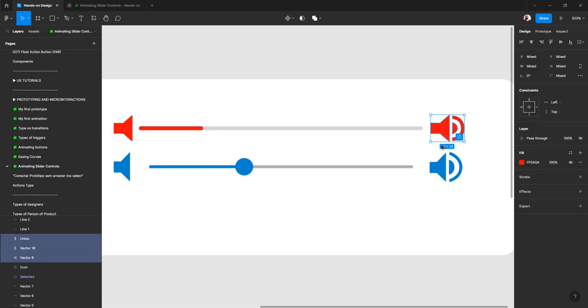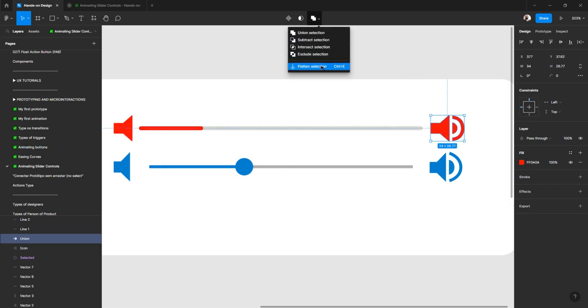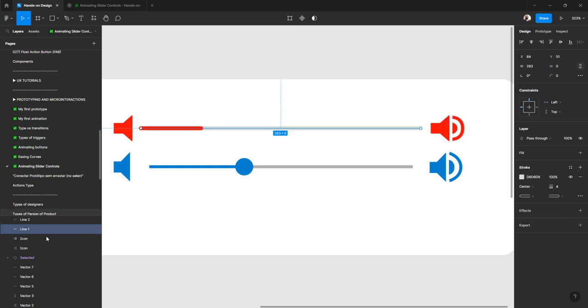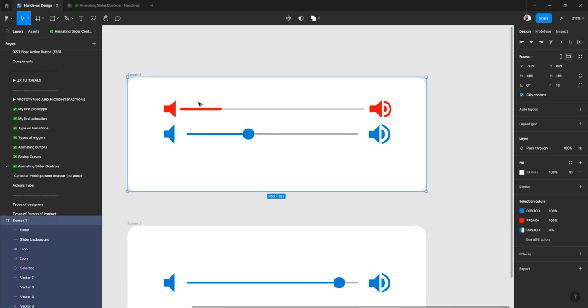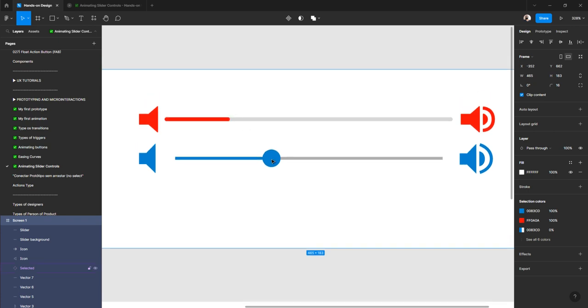Let's select all those here. Let's union selection and then flat. It's gonna be icon 2. We won't make components for now, it's not necessary, but you know, slider background, something like this. And this one's gonna be the slider. It's cool. This is screen 1. Yes, we will create a screen from scratch. Now we need to have this